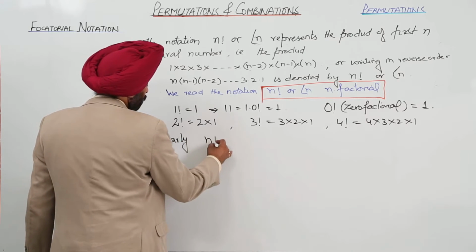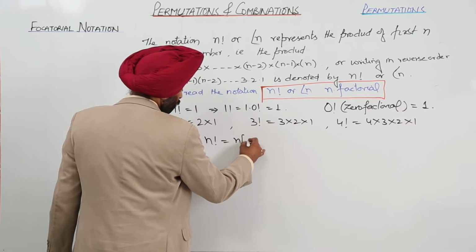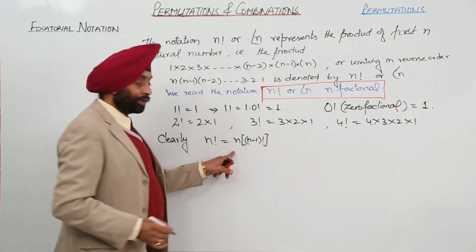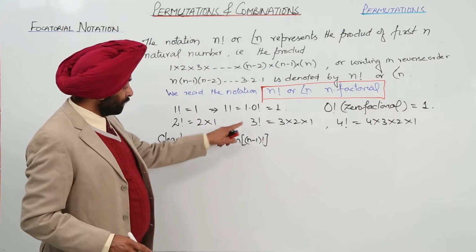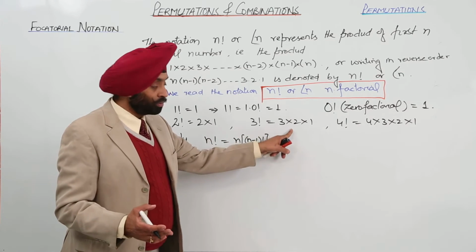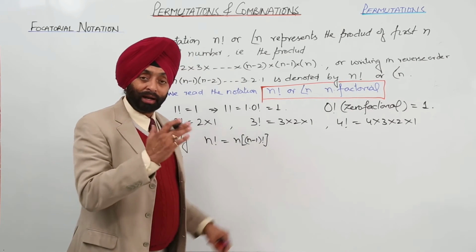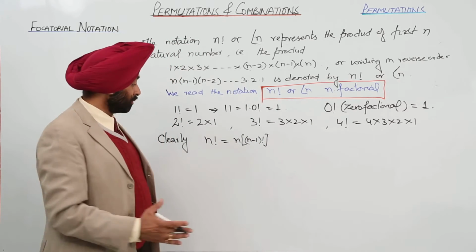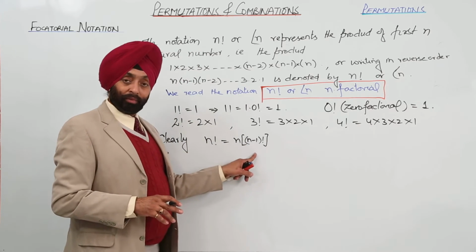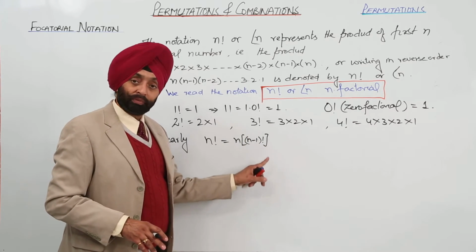So now clearly n factorial is equal to n times n minus 1 factorial, meaning the first term we have to write as it is. Now just check it. For 3 factorial I wrote 3, then 3 minus 1, that was 2, then 2 minus 1, that is 1, like this one the term is reducing. So for n factorial, whatever n is, the next term will be n minus 1, and we have to put factorial there. Remember, we have to put factorial there.